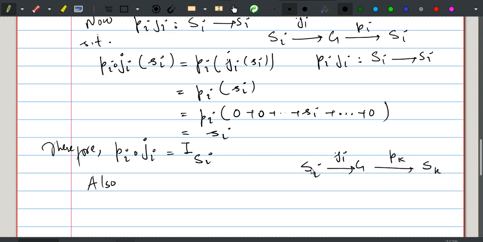Now it is given that i is not equal to k. Also Pk composed with Ji is a map from Si to Sk, such that